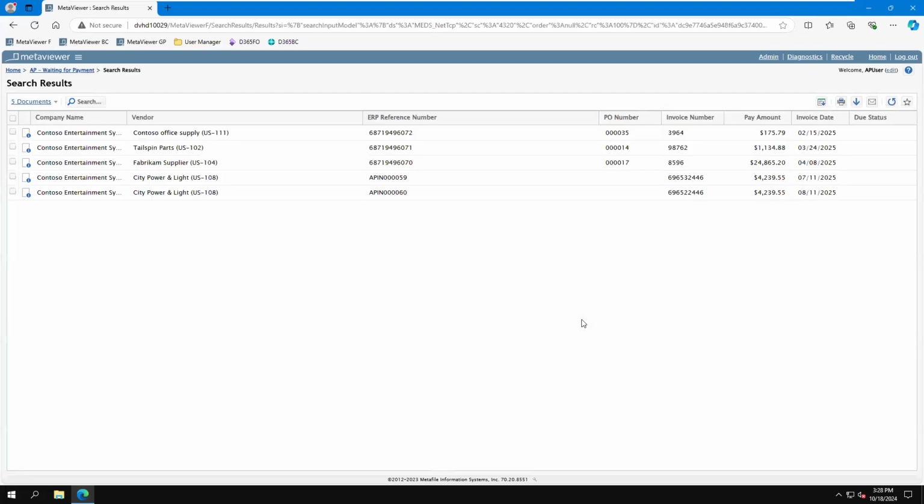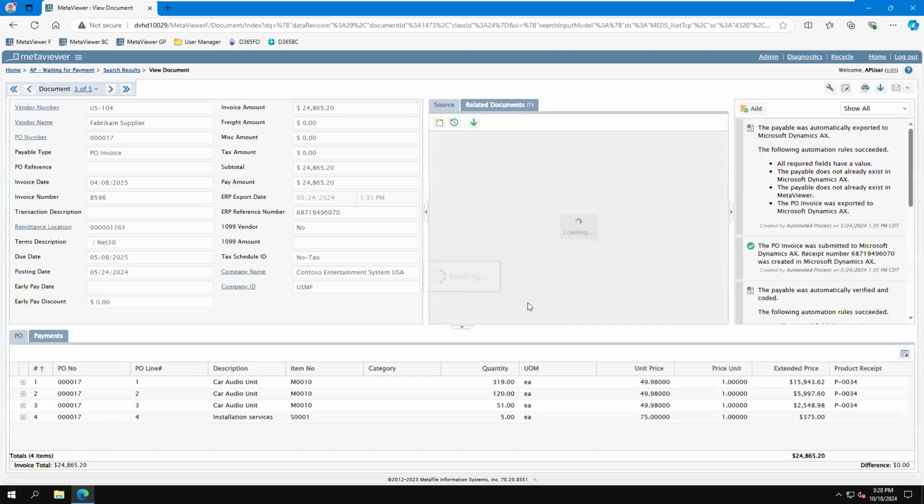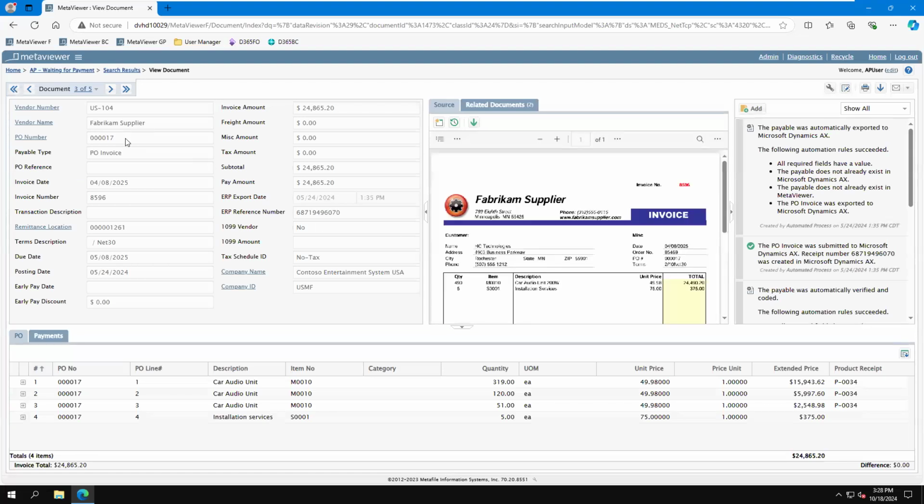If I go into this waiting for payment, so I pulled some invoices in. Let's just pick this Fabricam supplier invoice. So when the invoice came in, we did pull the purchase order number off. It was a valid PO in D365. And then we look to see what can we match it to, depending on how you set the PO up, whether it requires a two-way or three-way match. If each line item requires a three-way match, we're looking for receipts that exist for those. If it was only set up as a two-way match, we're looking for things that are still open, but not